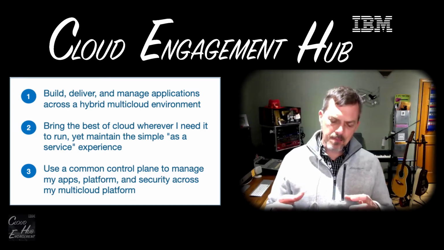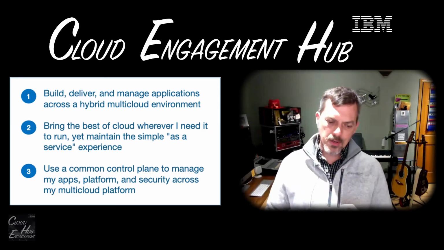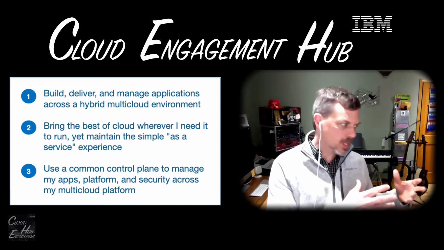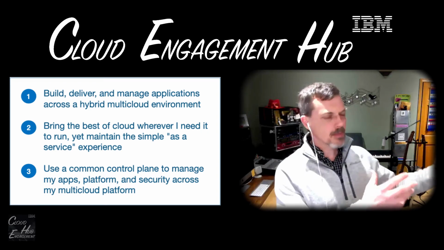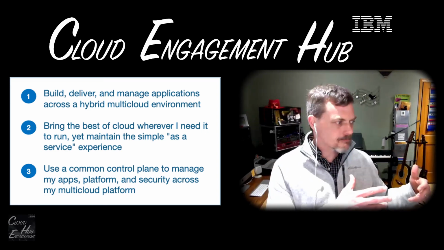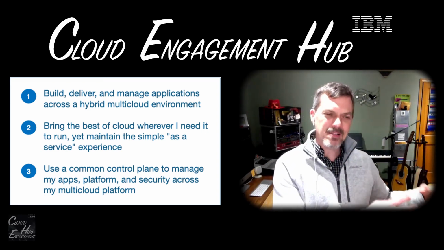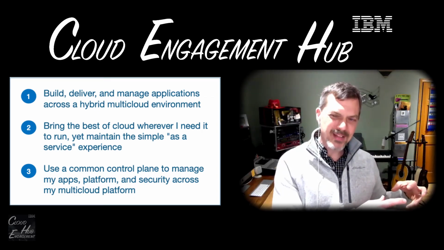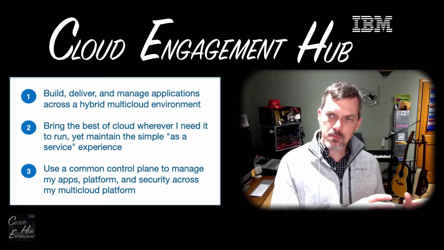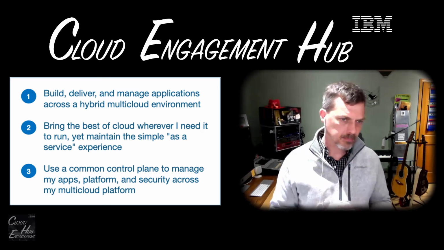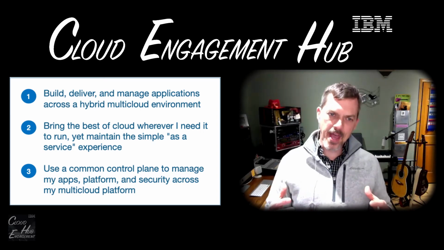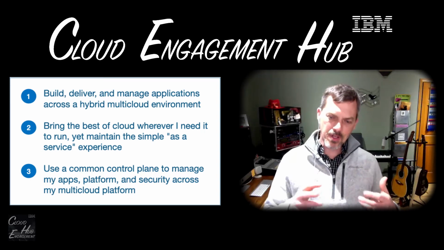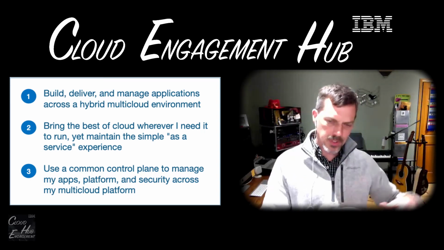And how do they bring the best of cloud and run it wherever they need it, so that those applications can run even on premises or in locations, manufacturing floors that need to be in proximity to data and so on, but they still want the ease of as a service that they would get in a cloud environment. And if you could have that, where you're managing applications across it all and having as a service cloud capabilities on premises in these various locations,